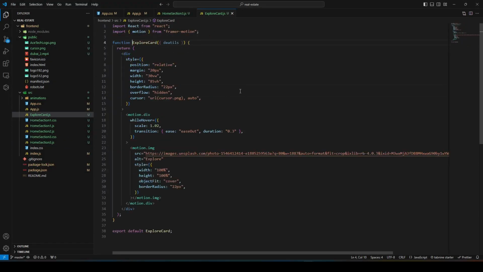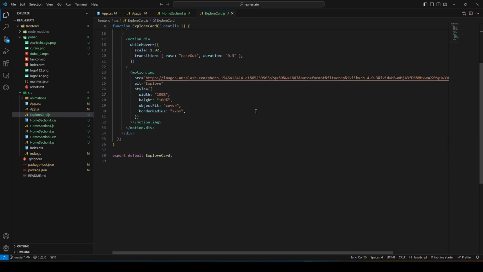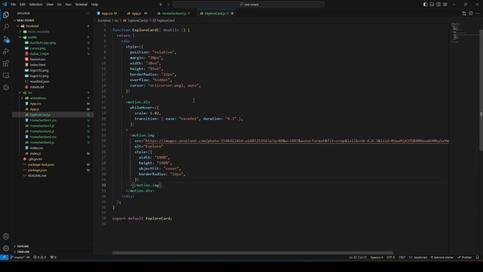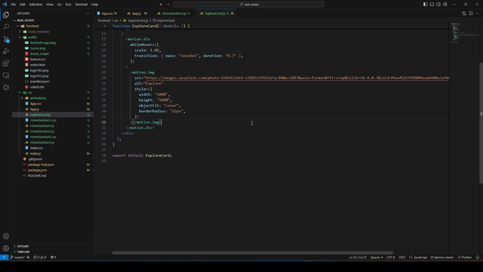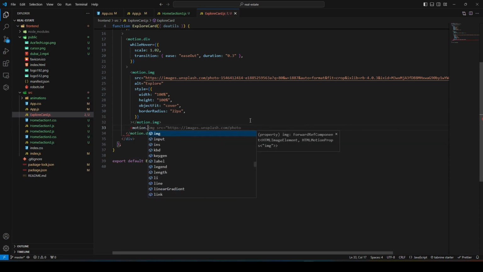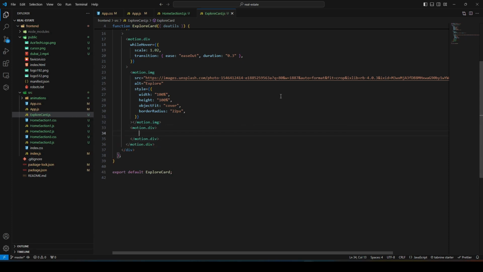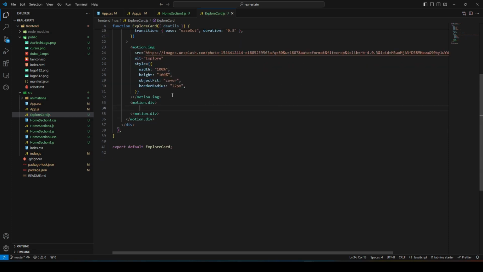Let's go into explore card. So we have our image. Now let's move ahead and create our div, which will contain all of those details. So let's create our motion.div. We are using motion.div because we want to add the hover property over this. This will be the whole div that is shown above the image that we have. And inside this we want to create